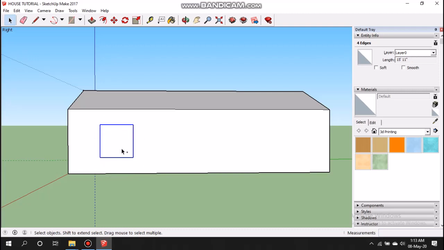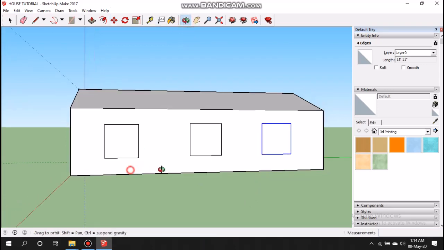I am pressing Control C to copy this window, and now paste with Control V, and we put it approximately in the middle. And now the third window by pressing Control V. So these are the three windows.